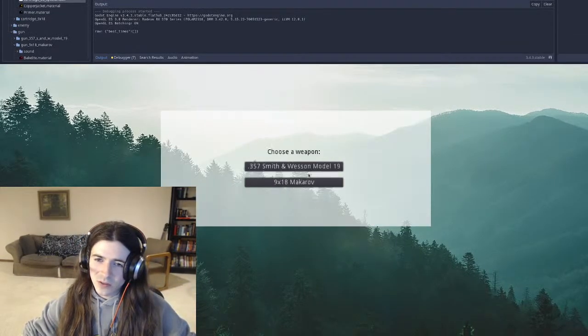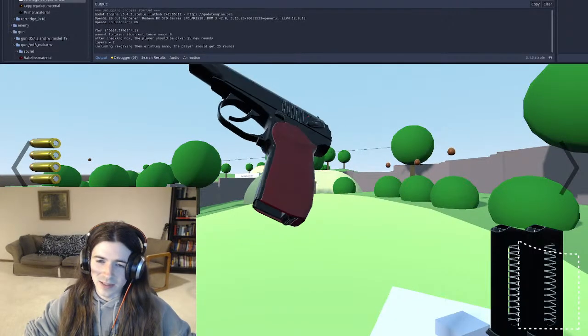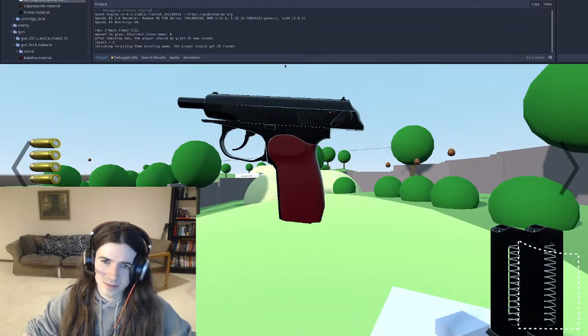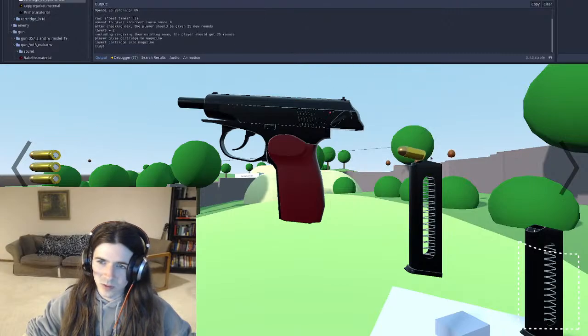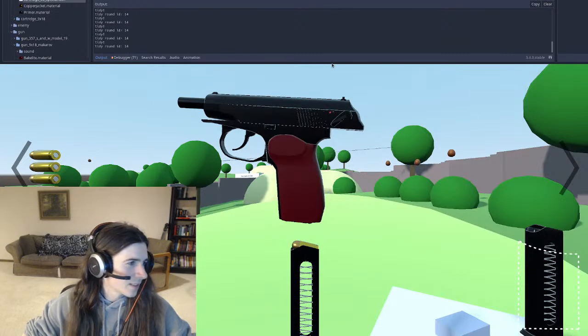It seemed also like the hitbox was in the wrong spot, so we'll see how that ends up actually going. Put a round in there just for fun. So far so good. All right, it hasn't clicked yet, and now it should click.